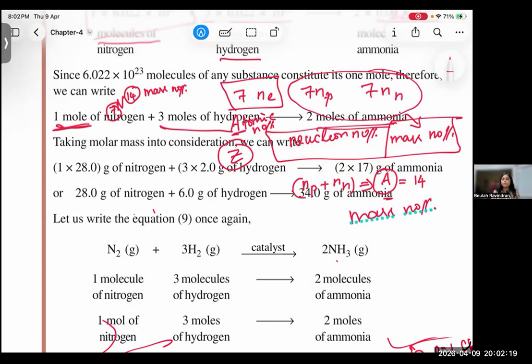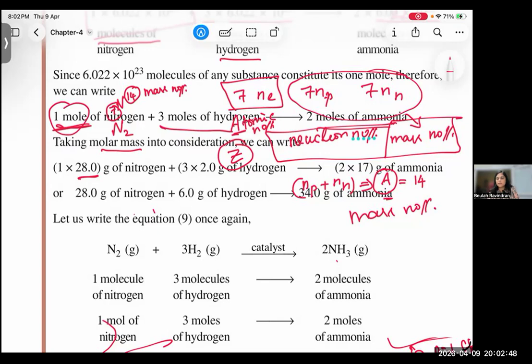So 14 times 2. Why 2? Because there are two nitrogen atoms. Nitrogen is always diatomic, so we always have to represent nitrogen as a molecule. It won't stay as a single atom. So N2 will be 2 × 14, that is 28. Now we are converting to molar mass. So 1 mole × 28 grams